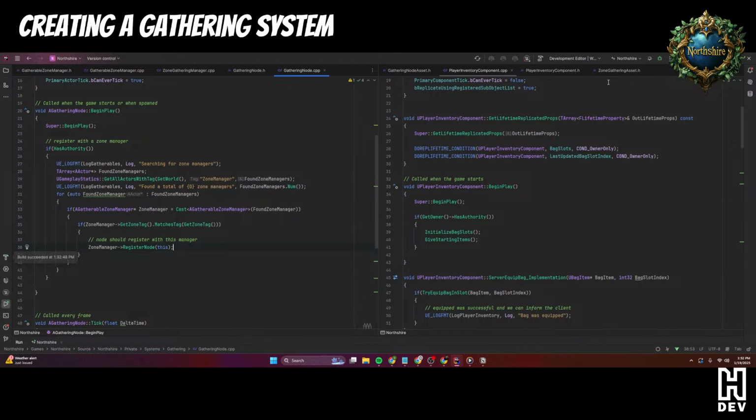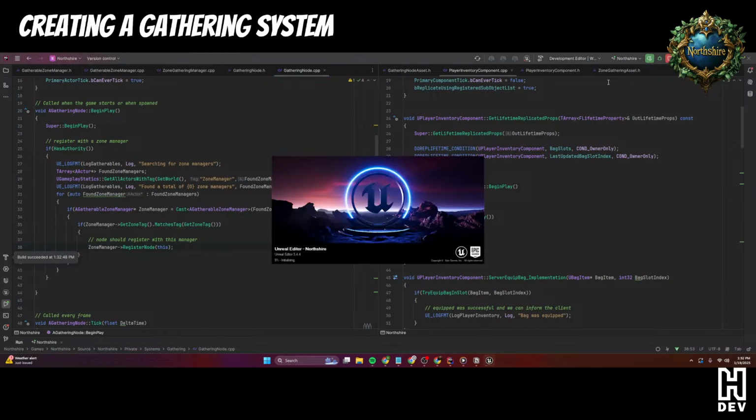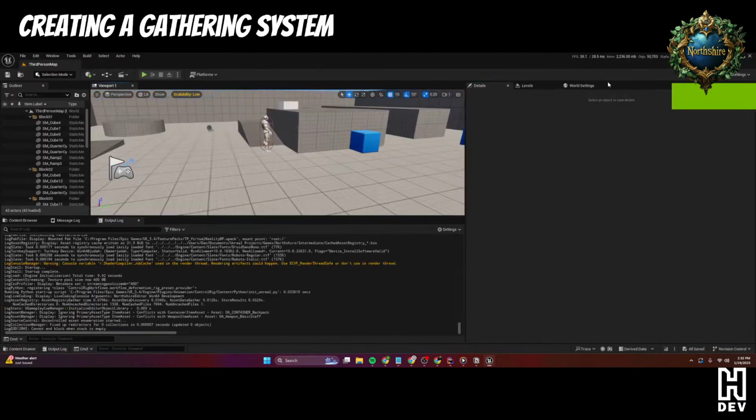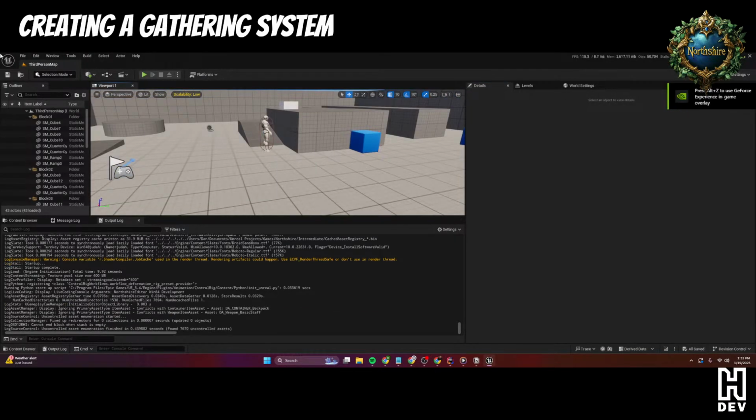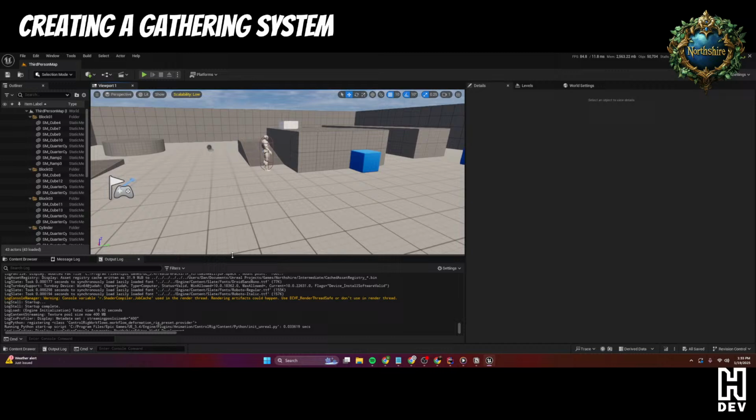We'll redo this. I think I need to look into timing and having these things register later, or I need to ensure that the zone managers are activated first, which I think I need to manage through the game state, which is going to be a little